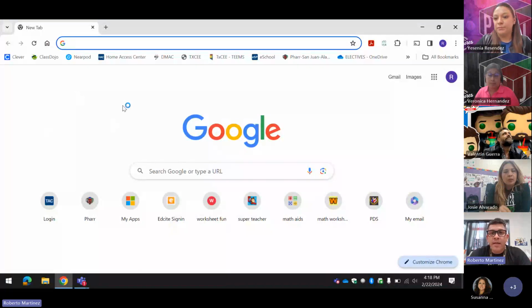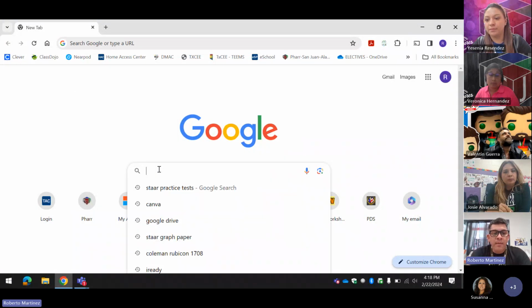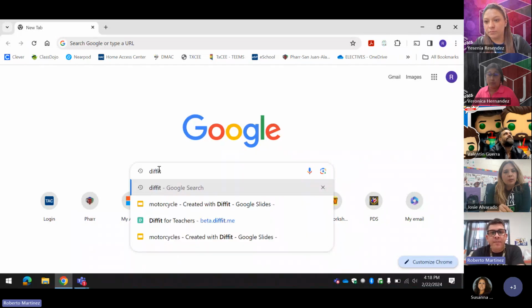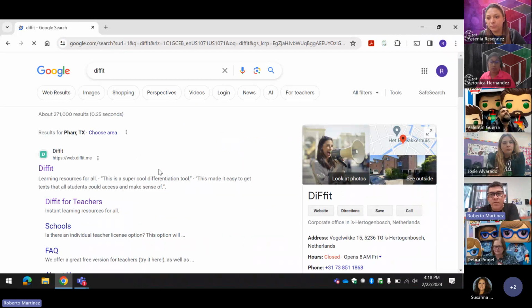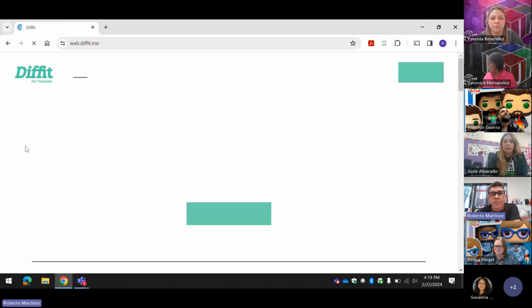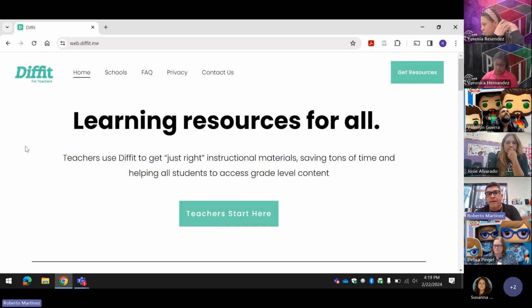So I'm going to be sharing my screen. Let's see if I can. Yes. Okay, so this is my screen, and the way I'm going to share is real simple. It's not free, DFID, but they give you between 30 to 60 days to use it. What I love about DFID is that right now there are a lot of schools struggling with reading or the RLA. So I was like, let me share this with my RLA teacher. They were in love because they can create something real simple.